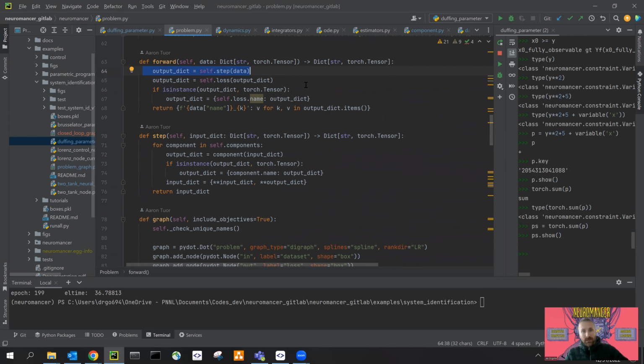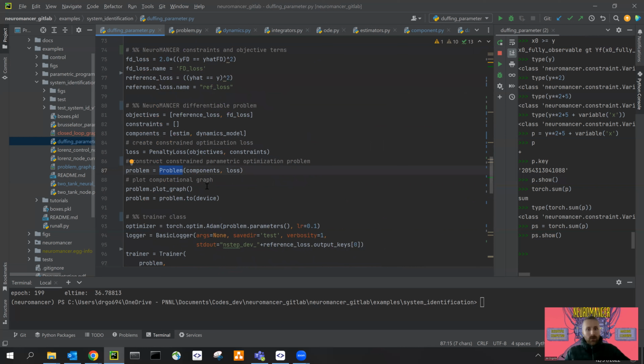We obtain the step, which is essentially a for loop over our components. These are the high-level symbolics on some neural net or any callable architectures like neural ODEs. And then we calculate the loss, which is, again, aggregator of our low-level symbolics with variables that create constraints and objective function terms. Okay, so once we have this problem,